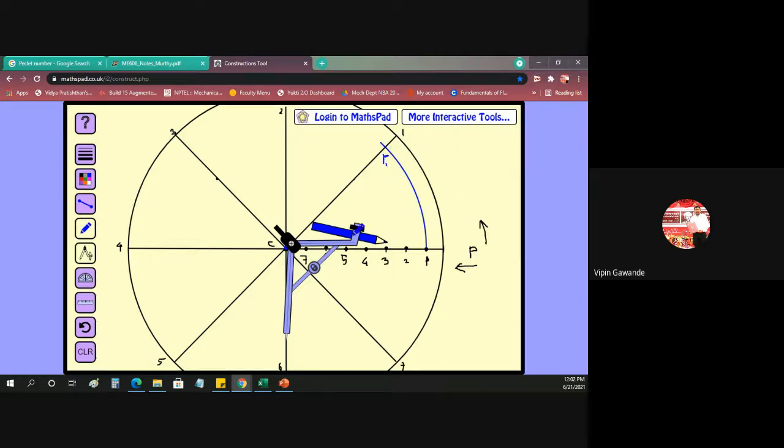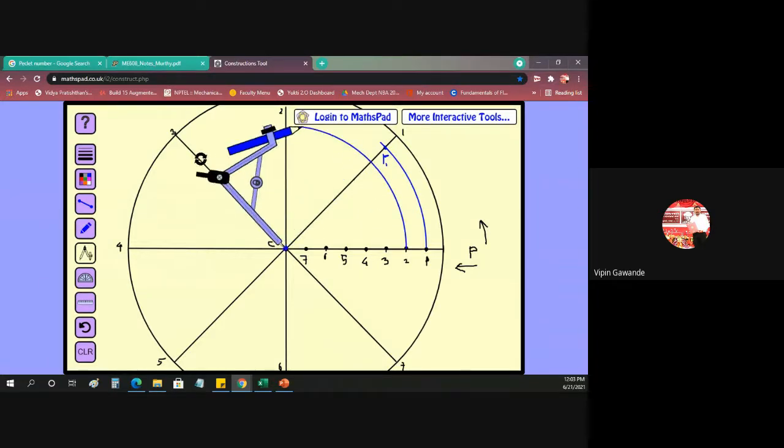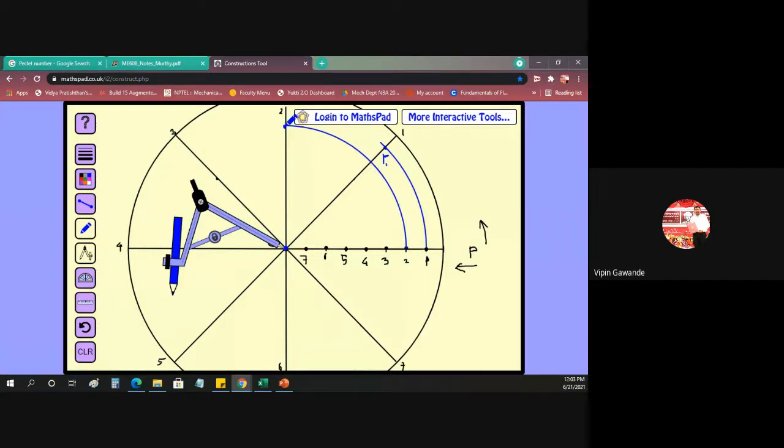So see what is happening here when this CP comes here. The P point moves one division, so we got this point. Now, when the CP is on this C2 line, it will come forward two divisions. So how to draw that? We have to take the C2 distance in the compass, and then draw the arc. It will come up to here. Now this point P comes up to here, so this is our P2 point.